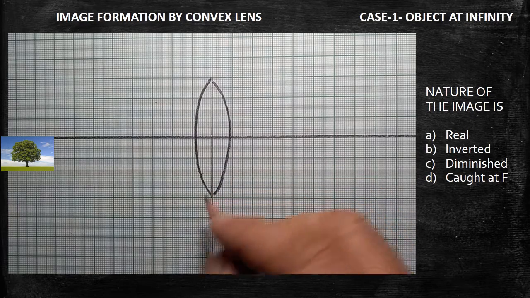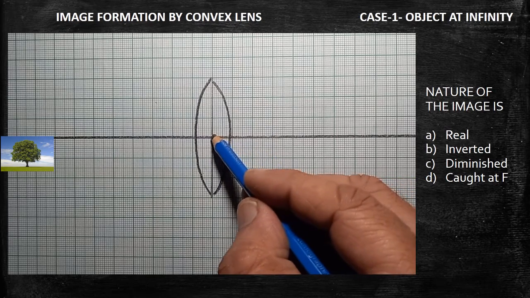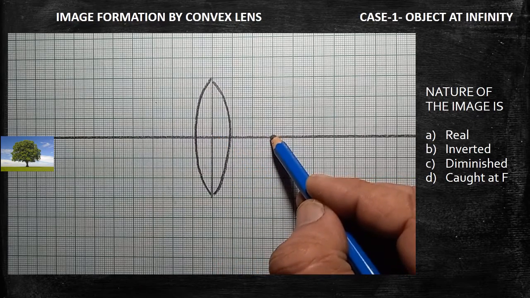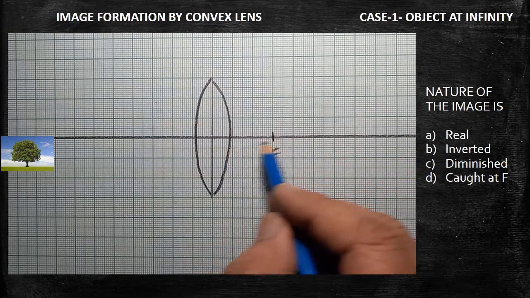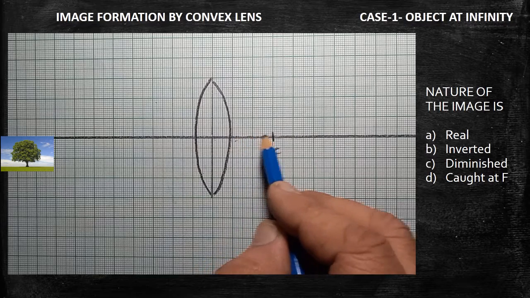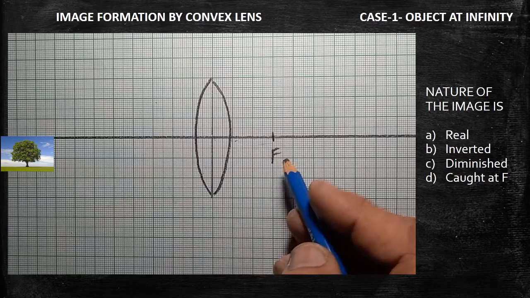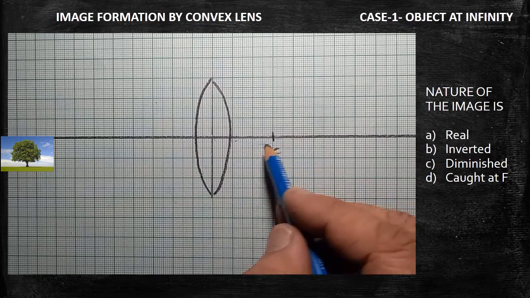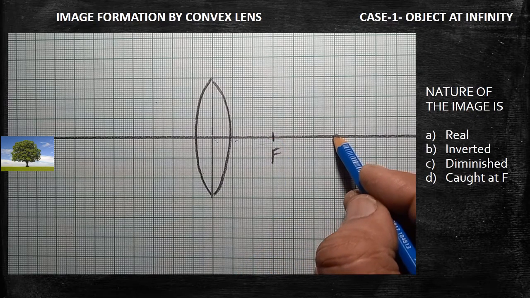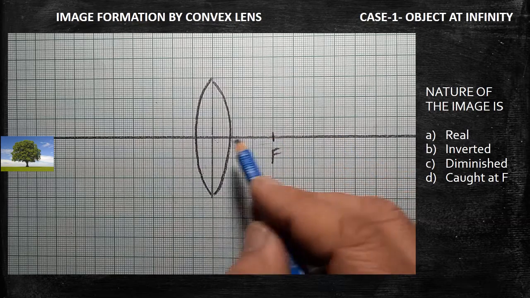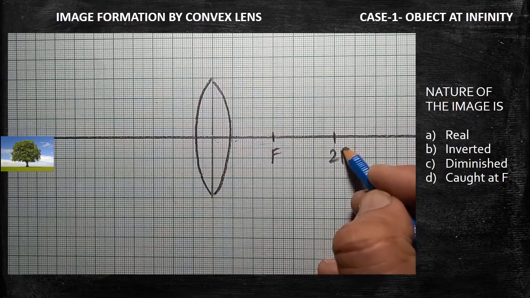Now after drawing the lens, we have to mark the principal focus on the other side. Let us imagine from the center, you take 3 centimeter. So you mark it here as F. Therefore the focal length is 3 centimeter. 1 centimeter, 2 centimeter, 3 centimeter. Here the marking is made. Therefore this is called F. And twice the F is to be taken. If it is F, then twice the F will be how much? 2F is 6 centimeter. This is 3 centimeter, this is 6 centimeter. So you mark it as 2F.